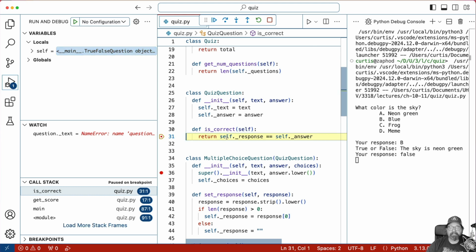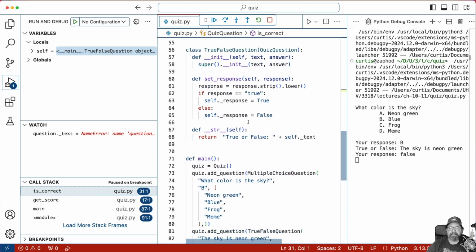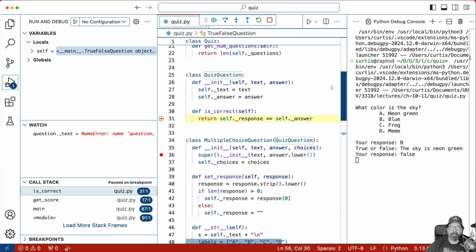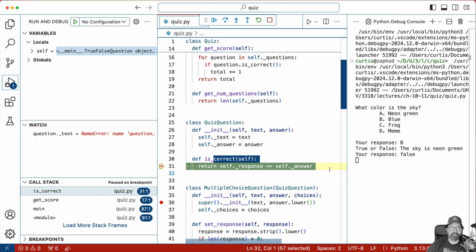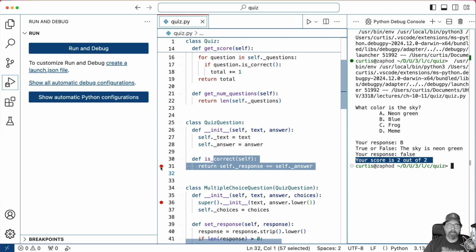And now the second time around, we're inside is correct inside the true false question. Again, that's because true false doesn't have an is correct on here, so it goes to the base class to look for it. And there it is, just like that. So we'll run, boom. I got a perfect score finally. And so that's how we would go about